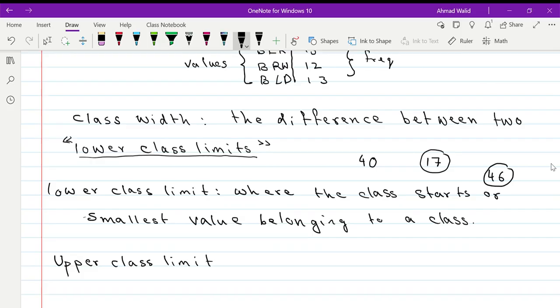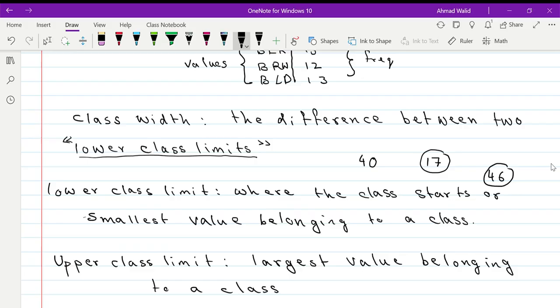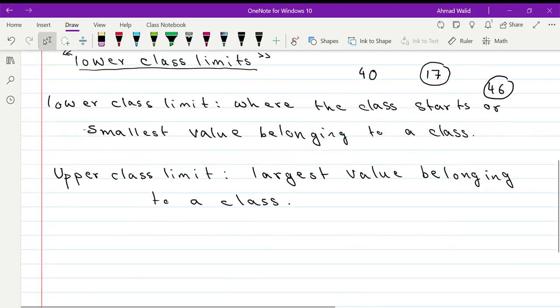Of course, upper class limit means largest value belonging to a class. Correct? Now, when you know these two things, what is the lower class limit, what is the upper class limit,